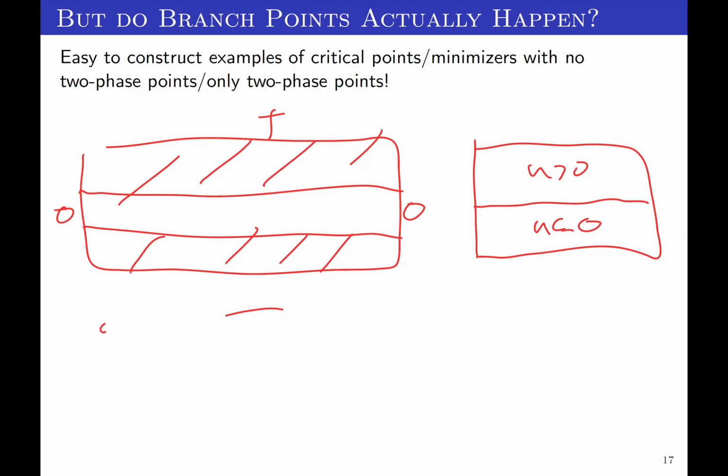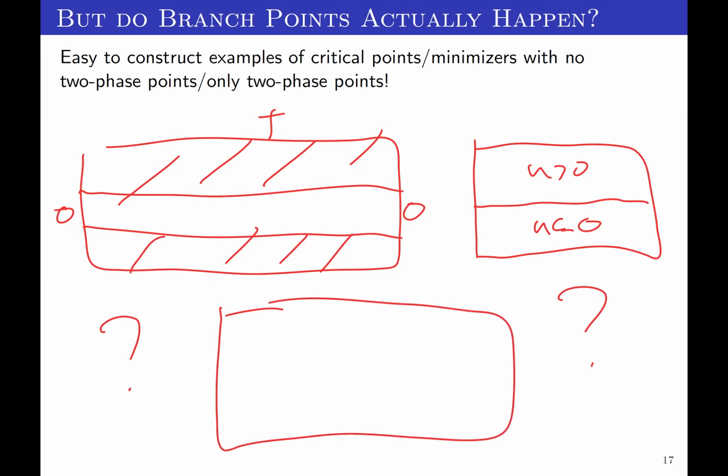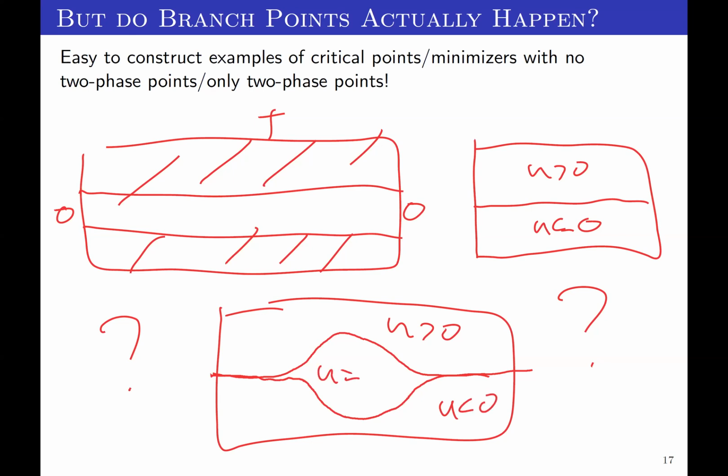So the question that we're basically asking is, can you build a minimizer which looks like this? So this is the positivity set, this is the negativity set, and this is where U equals 0, right? Does this exist? Because if it doesn't exist, well, then the paper of Bojo, Luca, and Guido is very nice, but it's a little bit unnecessary, right? So